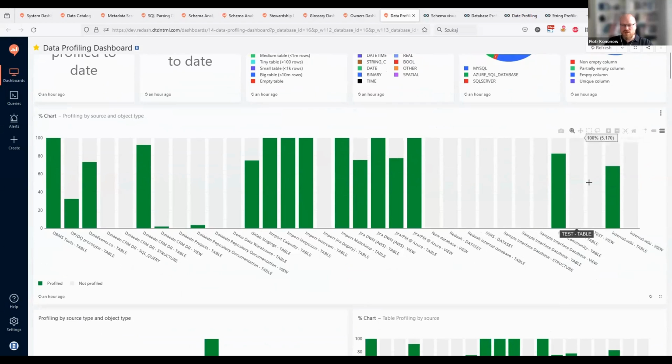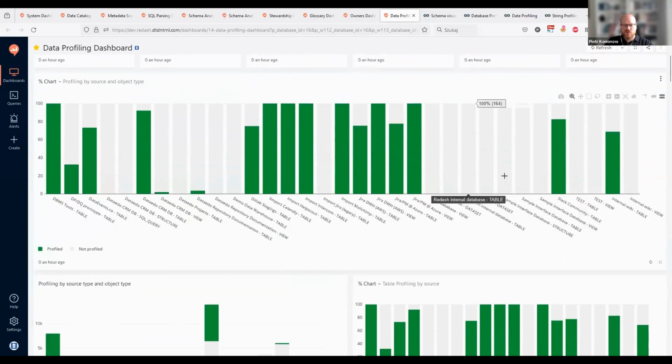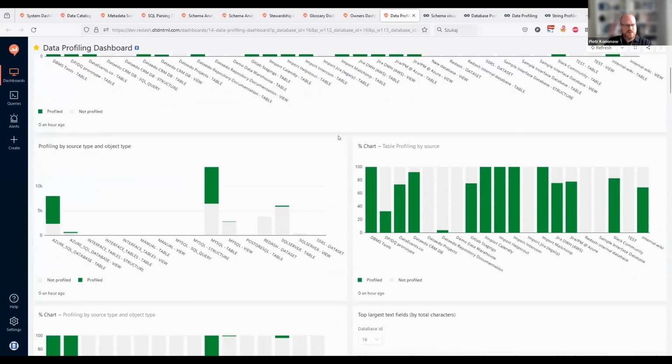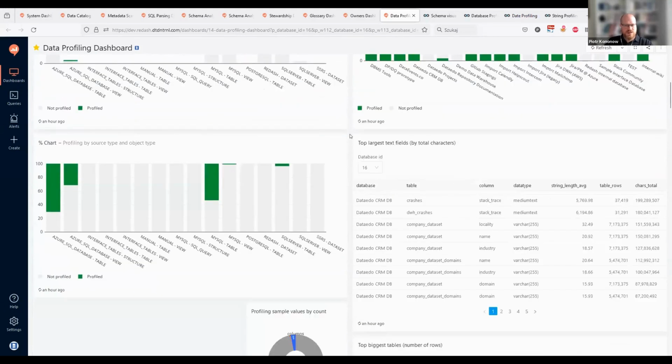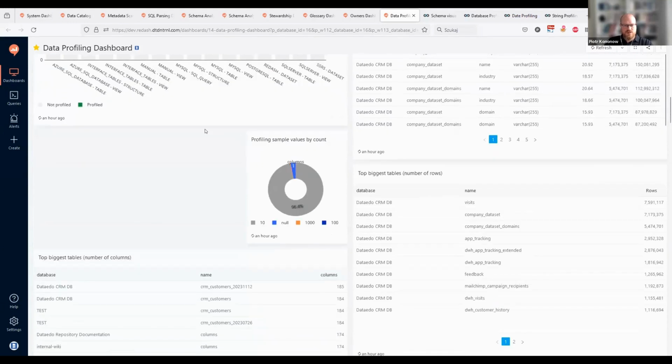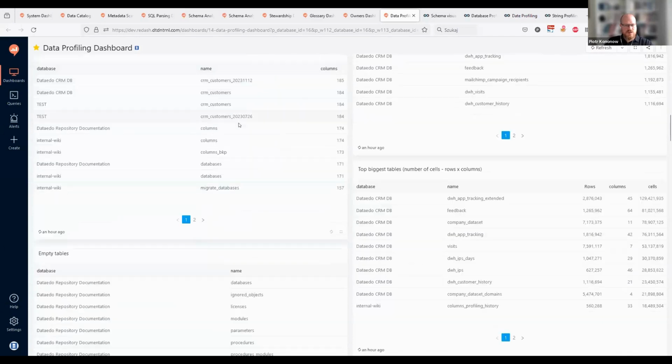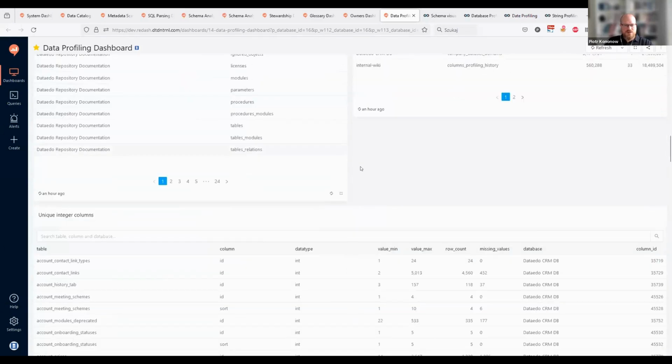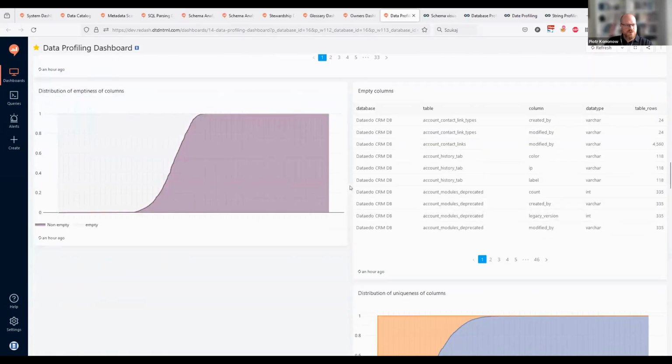This one shows the progress of profiling, so I can see where I need to do profiling and what the progress is on that. I think this was already on the other one. Yeah, pretty much the same.